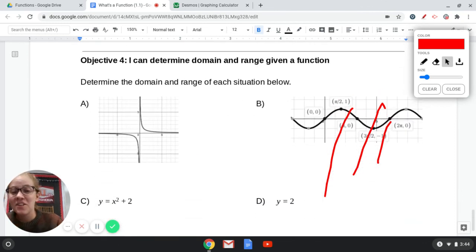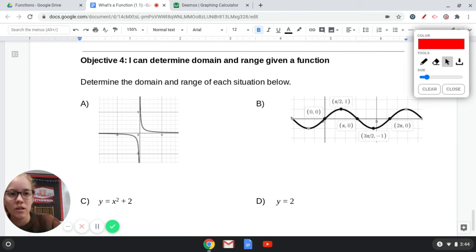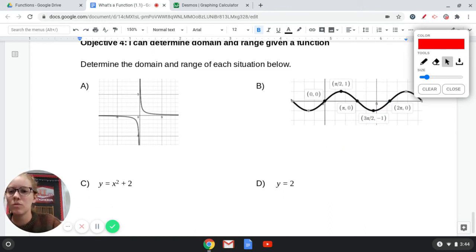Okay, lastly, finding the domain and range in situations that are maybe a little more complicated than a linear equation. So we got this guy, just a graph. Let's talk domain and range. As you can see,